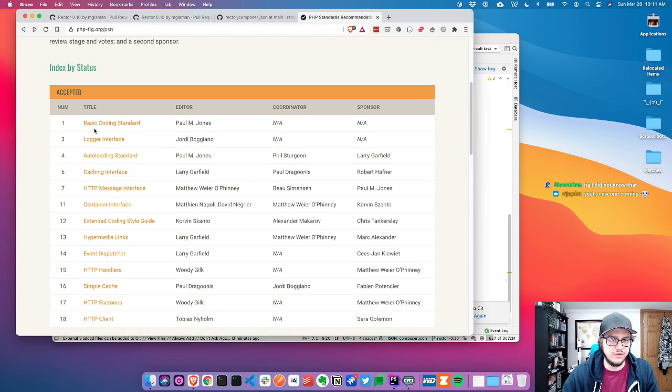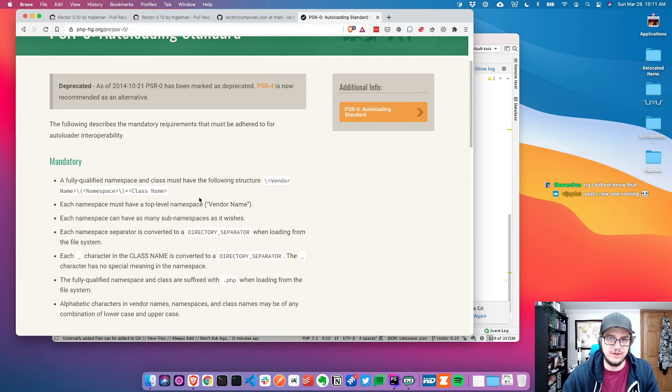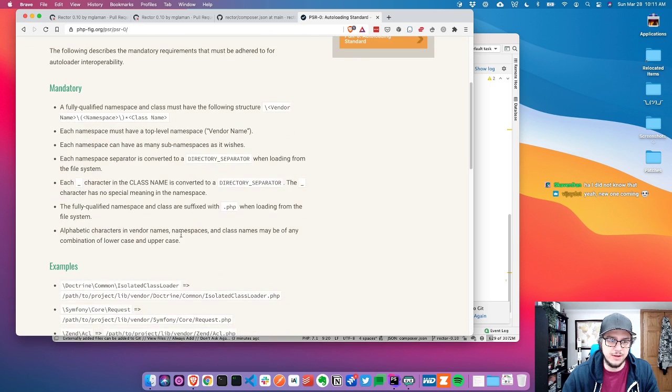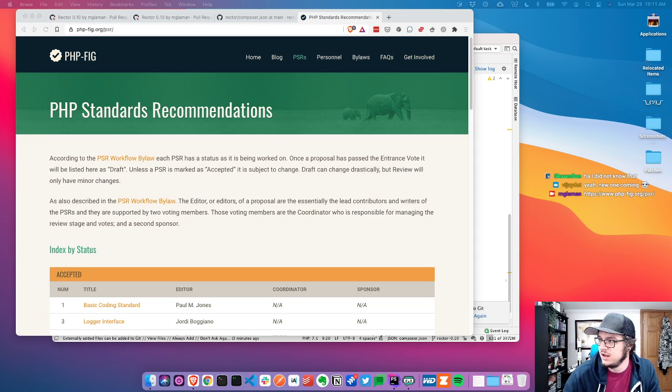There's an alternative of PSR-0 that some use, and this is where you might see some libraries that have a lib directory and different naming. That was PSR-0, and then we have PSR-4. Most projects use 4. If you are curious, it's phpfig.org/PSR. I'm going to put that in the chat for anyone who did not know about that or is curious